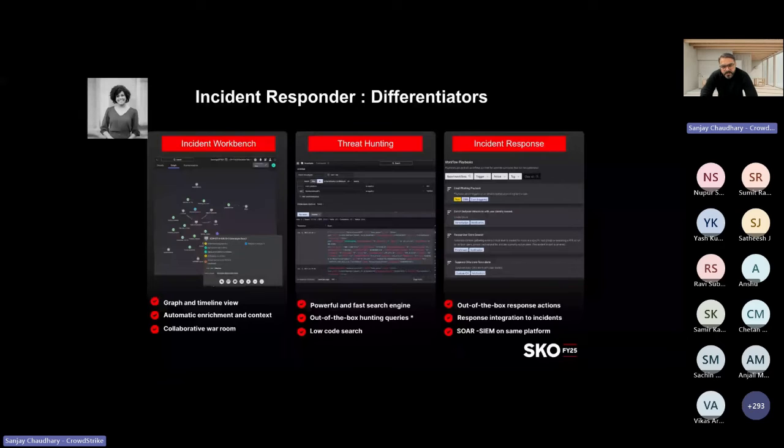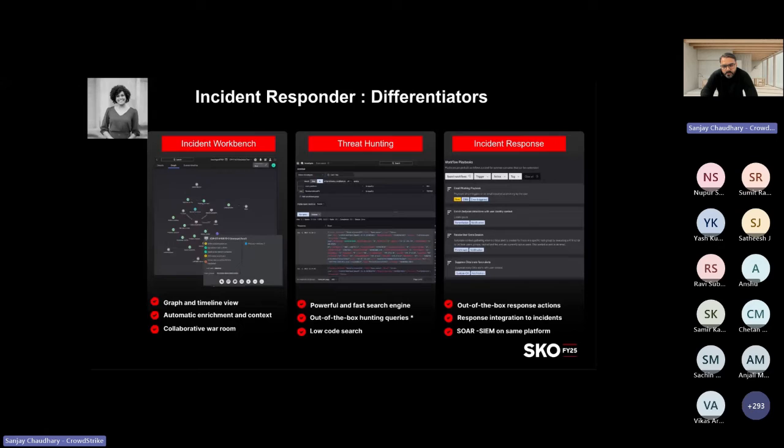The second area is threat hunting. As I said, the log scale with powerful query language is fully integrated into our platform, but we also provide customers an easy mechanism to search and threat hunt the data, leveraging our threat hunting capabilities at the back. Last but not the least, as I said, a lot of focus for CrowdStrike with RSA is incident response,